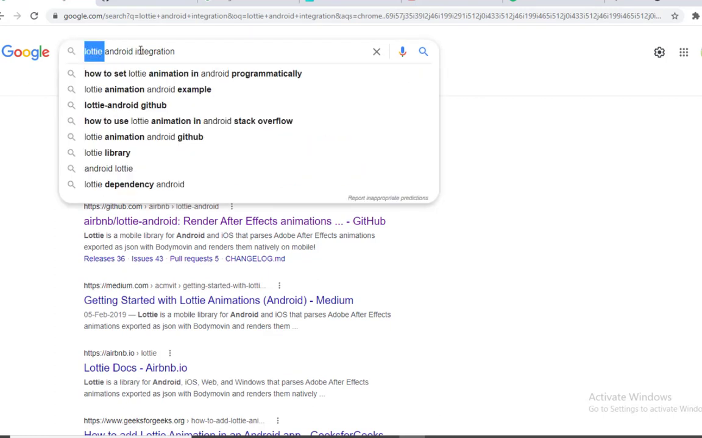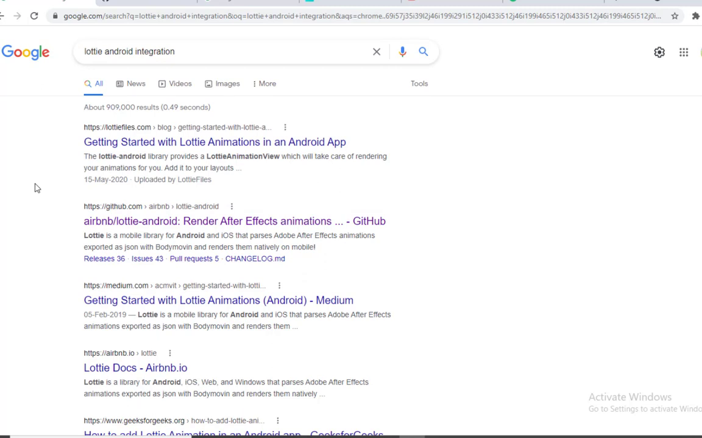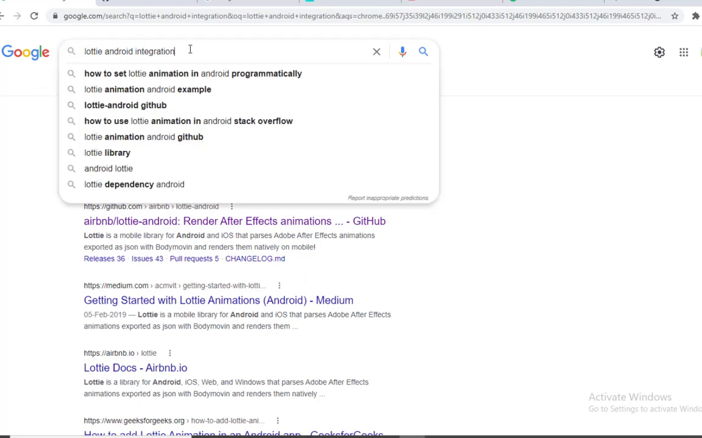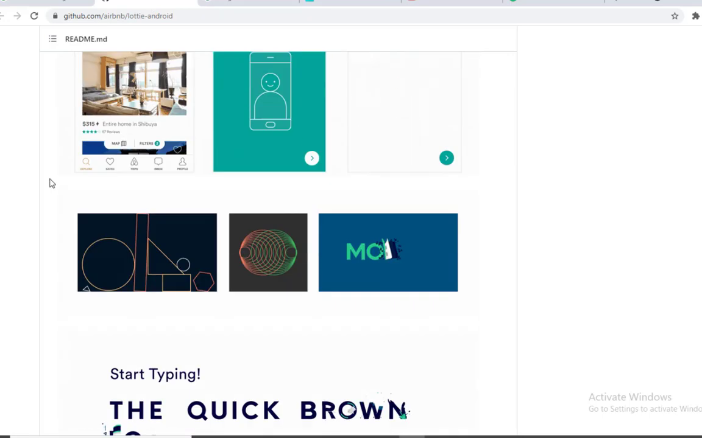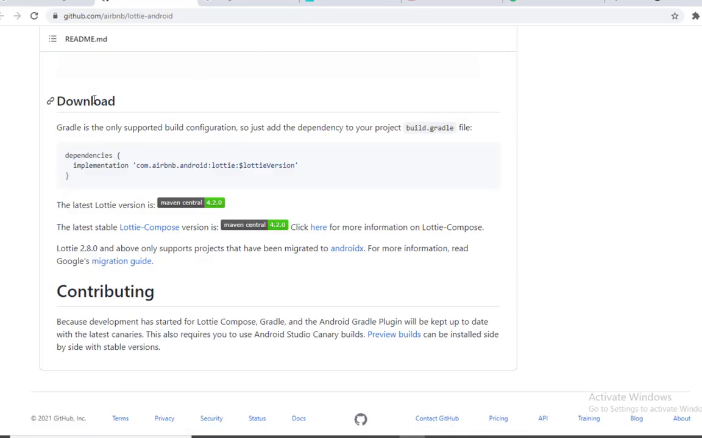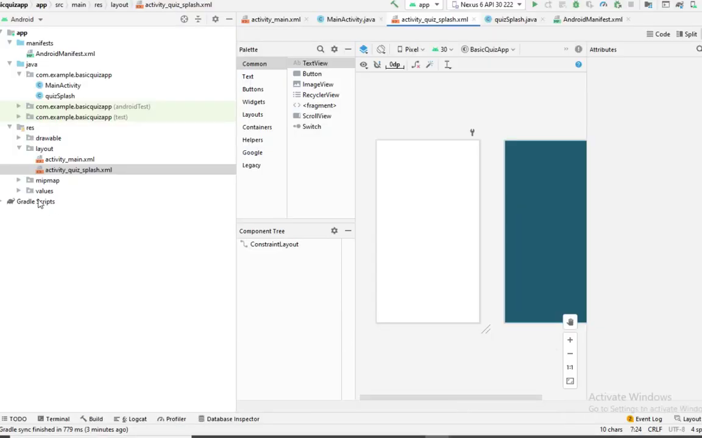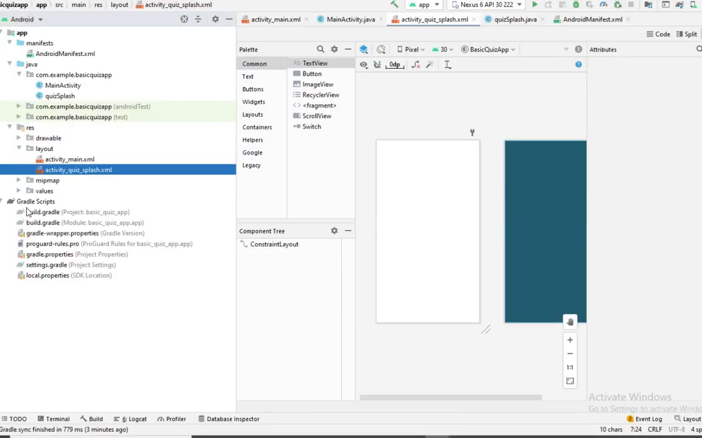Lottie is a library which is used for animation and is easy to integrate with Android Studio. So I will first search for Google Lottie Android integration, and then I will go to GitHub, this one. Here is the way to integrate the Lottie library in your project. Just simply copy this code and paste it in the Gradle,